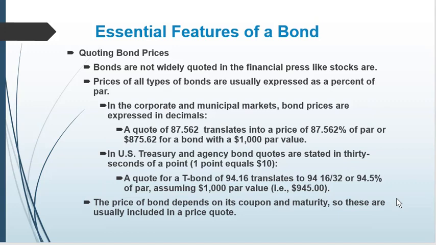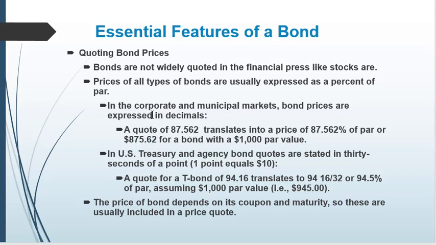So if you think about how we quote prices, when you look in the newspaper or online for prices, they're written differently than stock prices. Bond prices are all designated as a percentage of par. So if you look here, we have a quote of 87.562, that's 87.562% of par, or $875.62. So if you just take the decimal place and move it 2 points, that will be the price